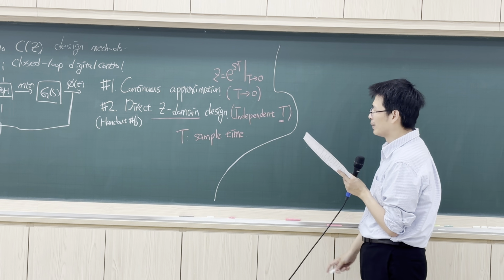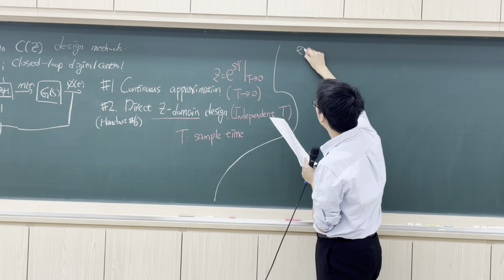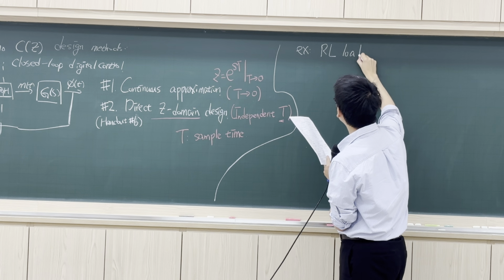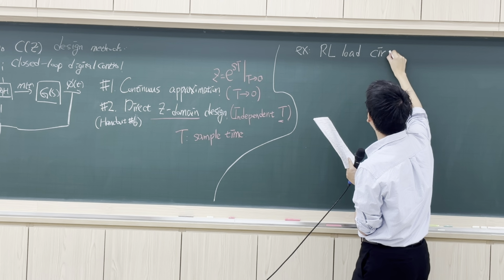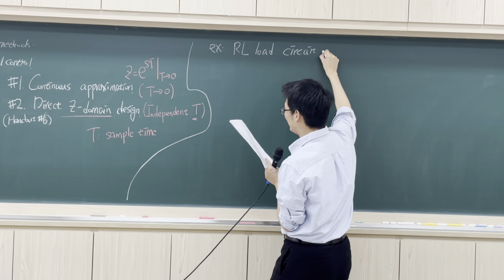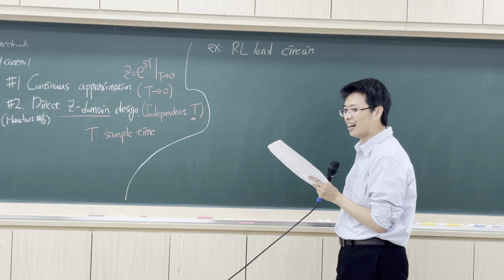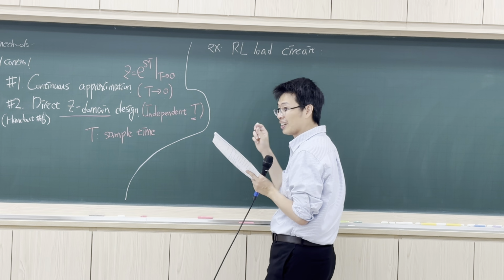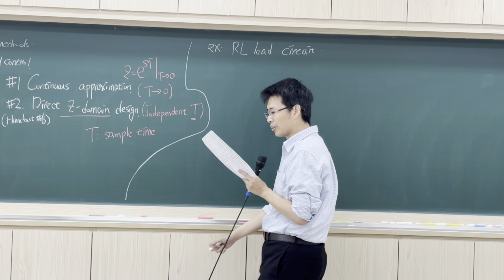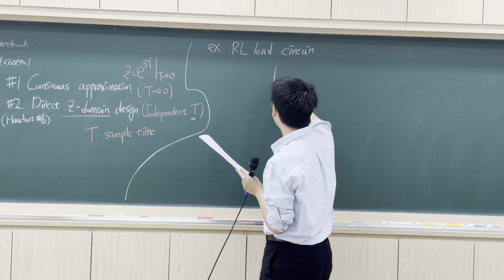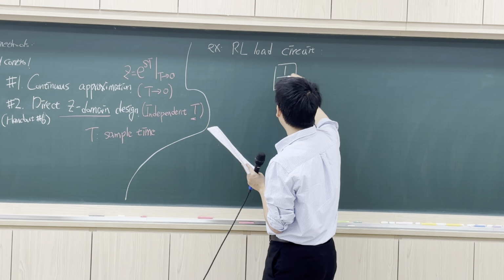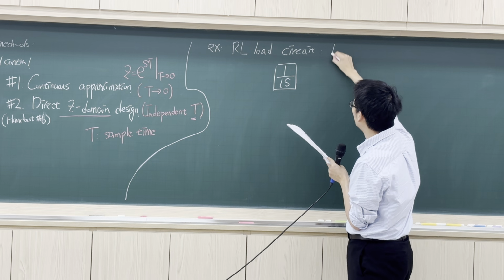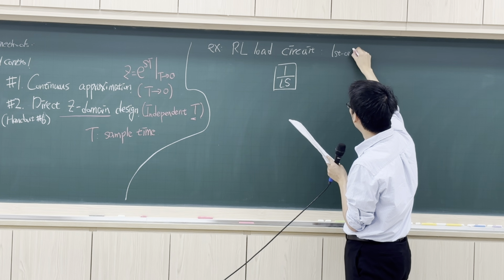So let's go back to our original question from last week, which is the IO load circuit. So actually, I just write the block diagram directly. So the block diagram will look like this. The IO load circuit is relative to a first order